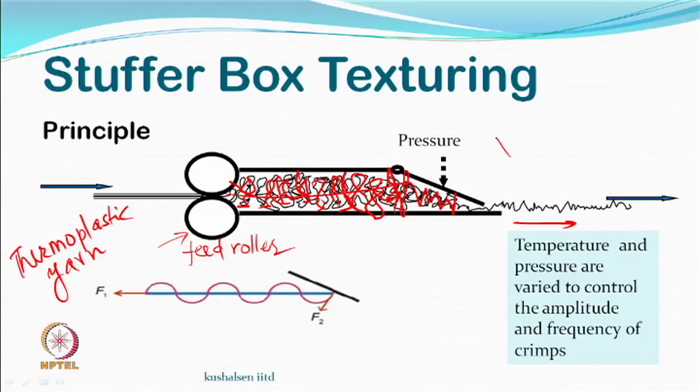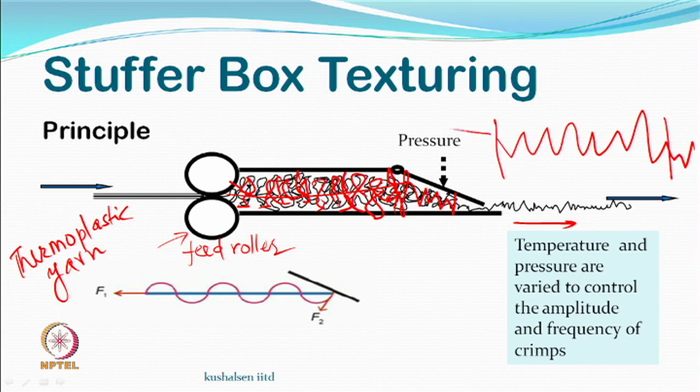So, although this process is so simple, you have to do nothing, just keep throwing the yarn into the box, the yarn and the filaments thereof will bend, and so the crimps will be generated. The yarn which comes out will be something like this, which means that if you extend it, it should be possible to extend. If you have set it correctly, then it will recover also.